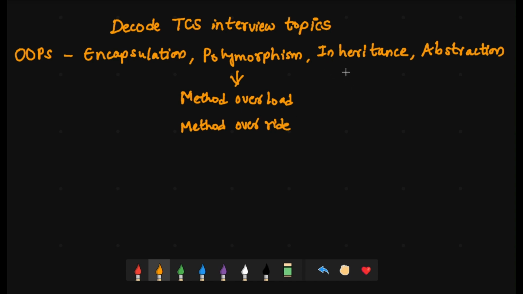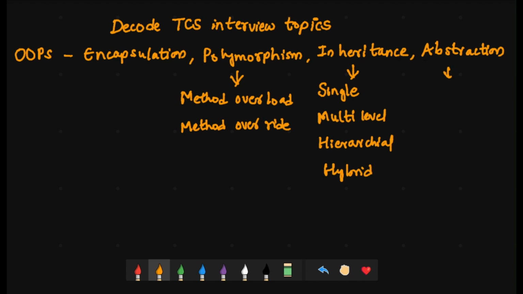And coming to the inheritance, Java has only 4 types of inheritance, especially for classes. So what you need to stress here is you need to explain about single level inheritance, multi-level inheritance, hierarchical inheritance, and hybrid inheritance.